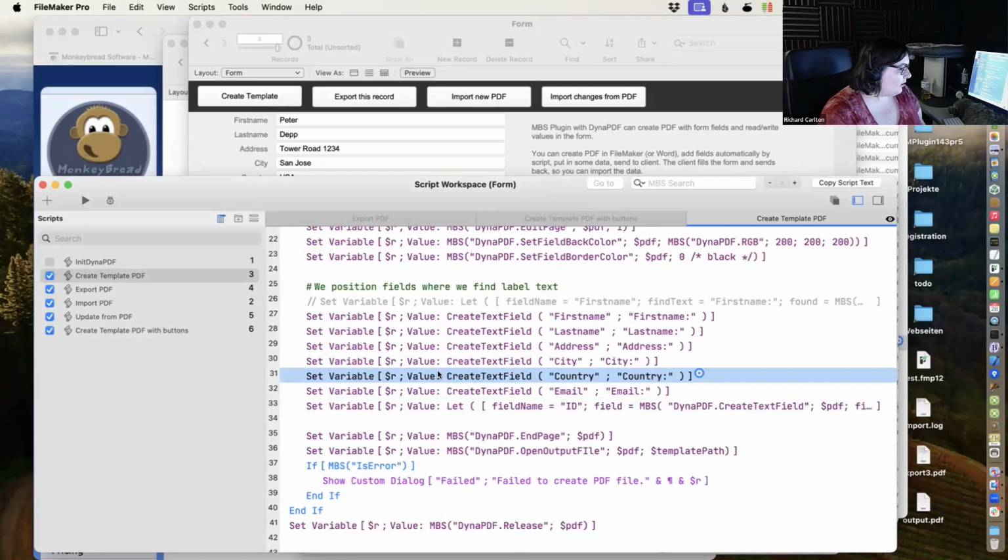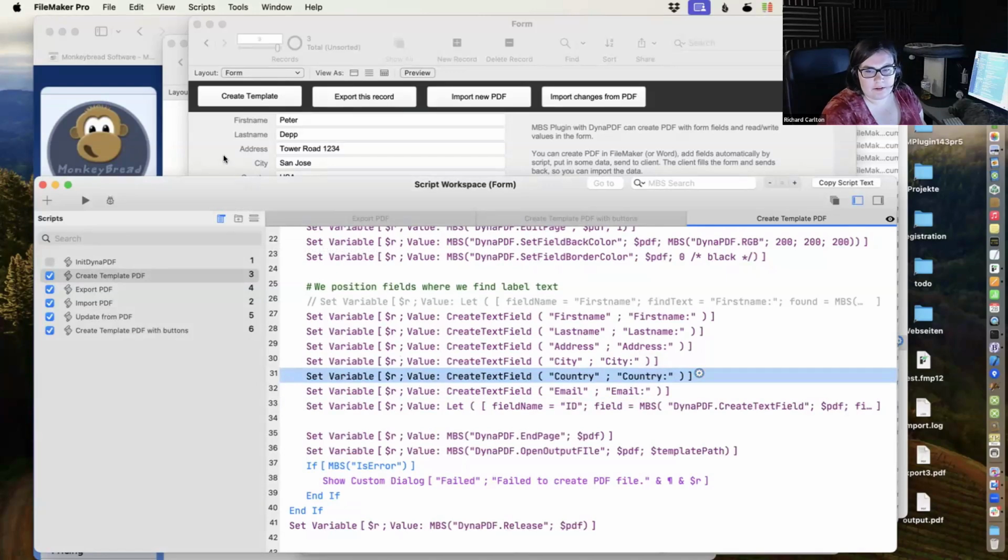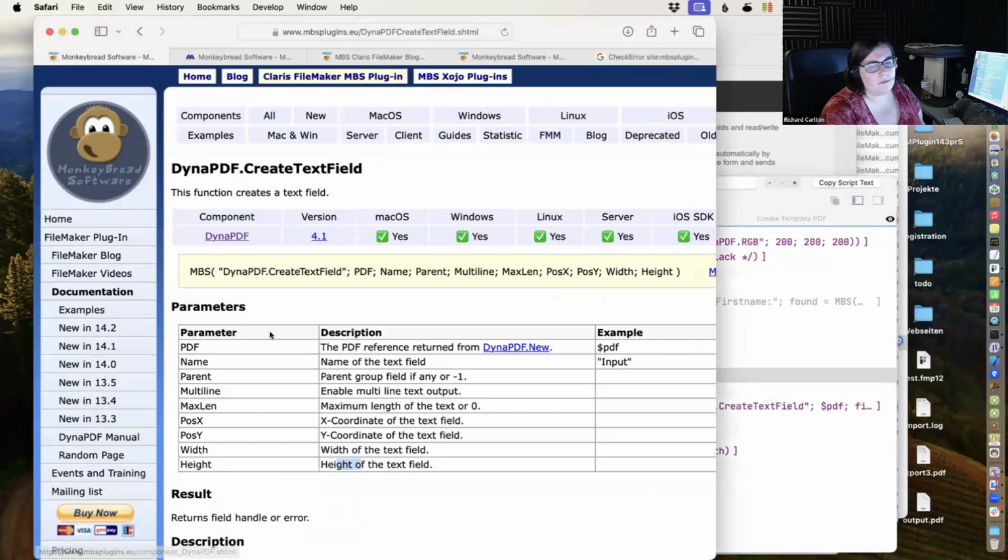Otherwise, I have a question. Sounds like someone wants to make a database to track all of their business computers, and if MBS can help with that. Like they're trying to track the different iPhones that their employees are using, I guess, or the locations of them.